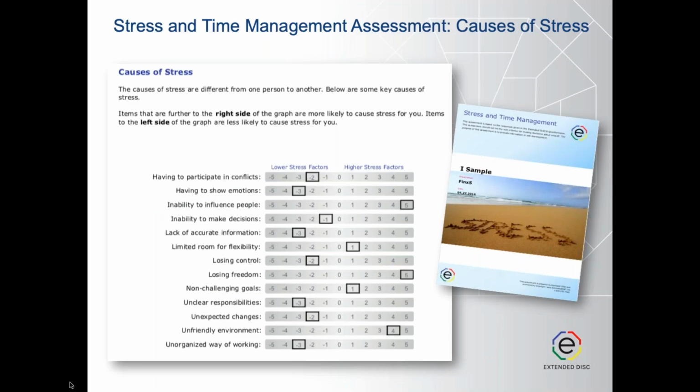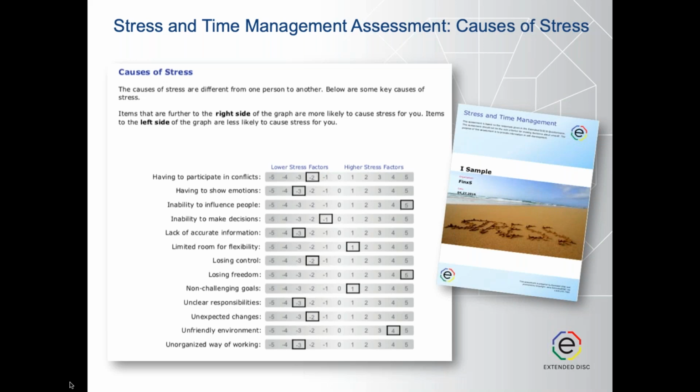So now, going back to where we started: how can you use Extended DISC tools specifically to help your clients manage stress? And again, reinforcing DISC, these are one of the reinforcement reports. We pulled just a couple of samples from the report, and we're not going to go over them in detail, but we wanted to give you some ideas on how to use them. In this example, you are familiar with our Extended DISC assessments, so you're going to be familiar with these bar graphs.